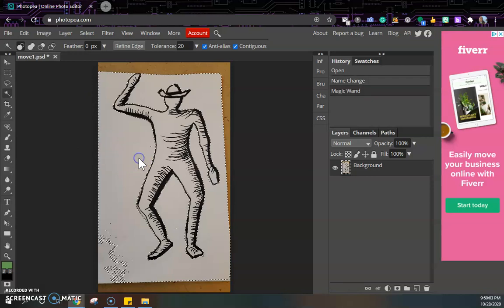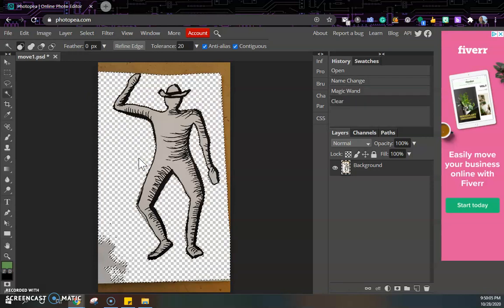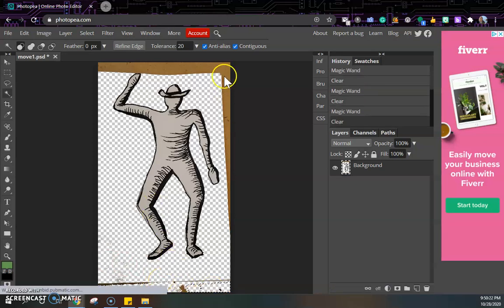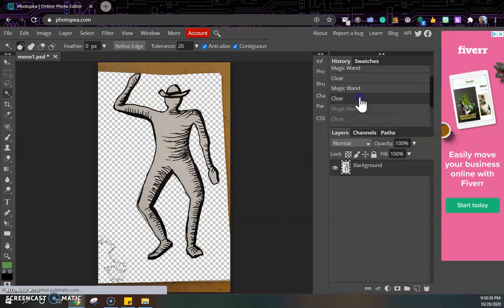So I'm going to select this. It gets most of my image. It gets all of that except for this little bit over here where I had a little bit of a shadow. So now I'm going to select that and click delete. Now I was a bad person and I have all of this background space. So the problem with that is that it does not select and clean up as neatly. So what you're going to do is if you have any of that background space,